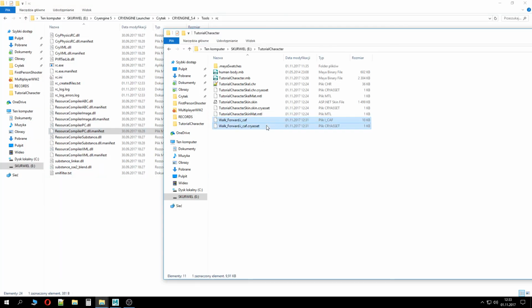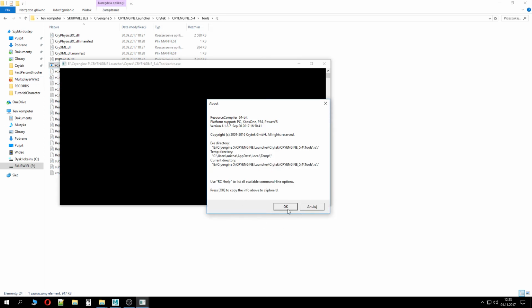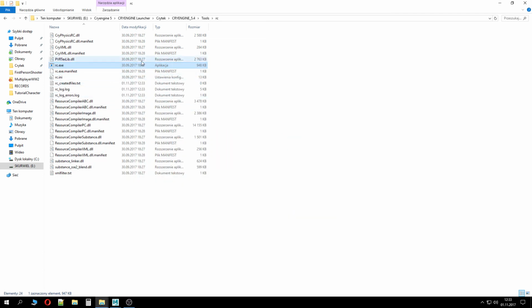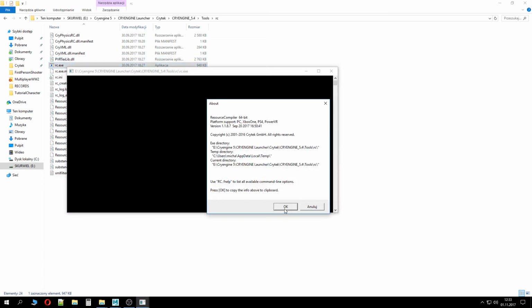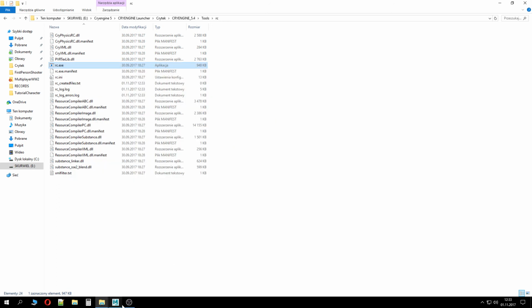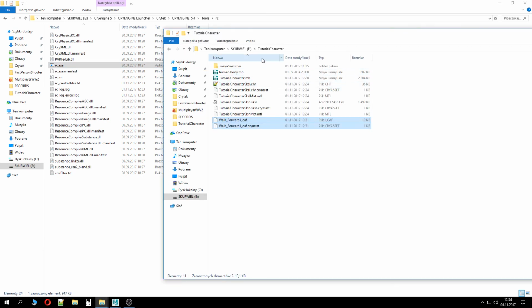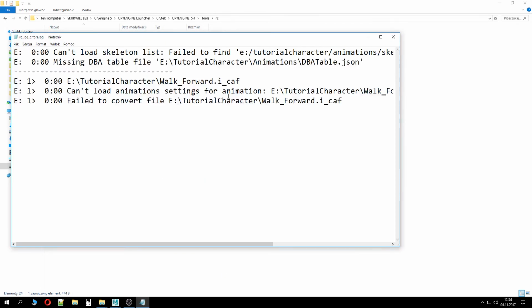It's not completely fixed, but part of the issue is fixed indeed. Cool. What if I run the resource compiler? So yeah, it still doesn't want to compile this animation into CAF file for whatever reason,